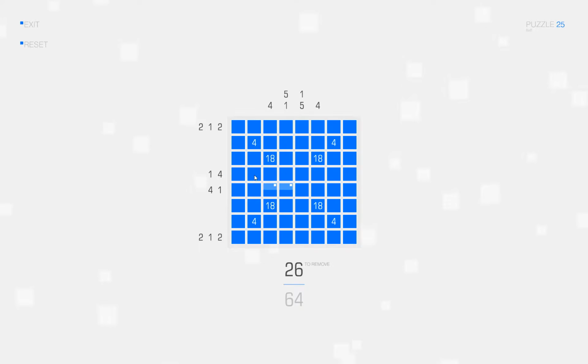The same goes the other way in this row. So it's two from inside, like this. Now, here we have 18, here we have 4. They cannot connect. If this or this is marked, then they connect. So we disconnect them. Same goes here, and same goes here, and same goes here.